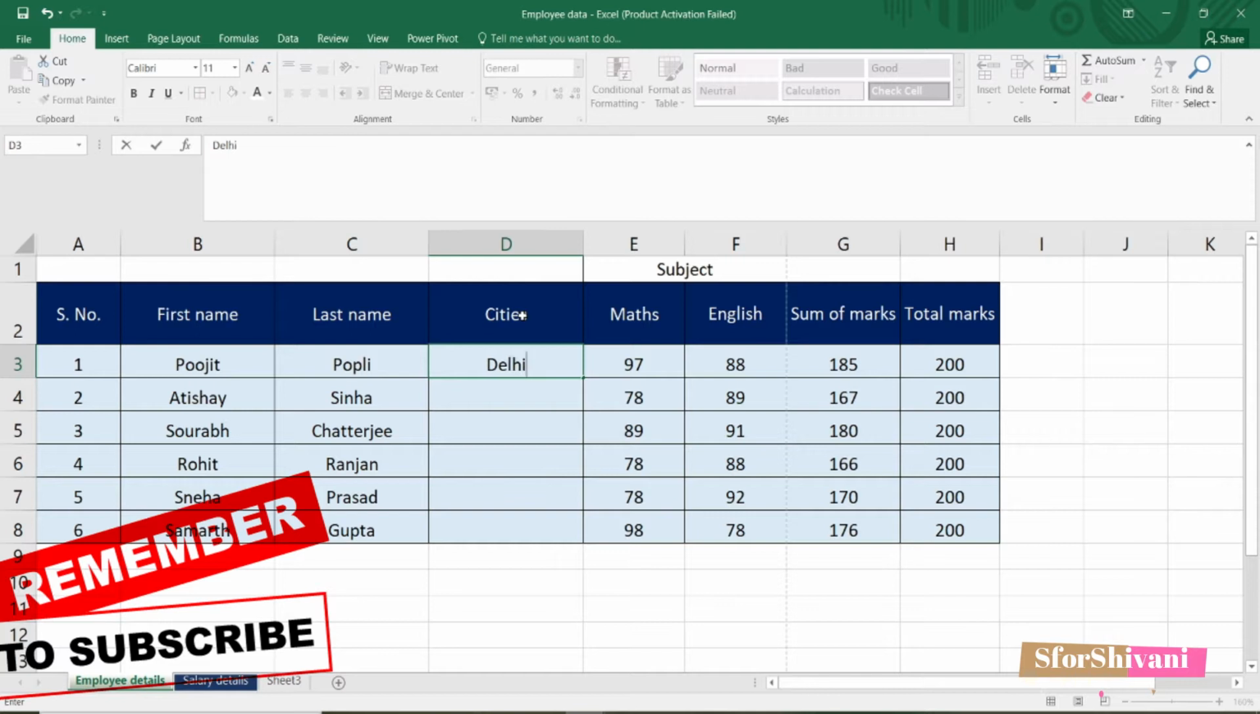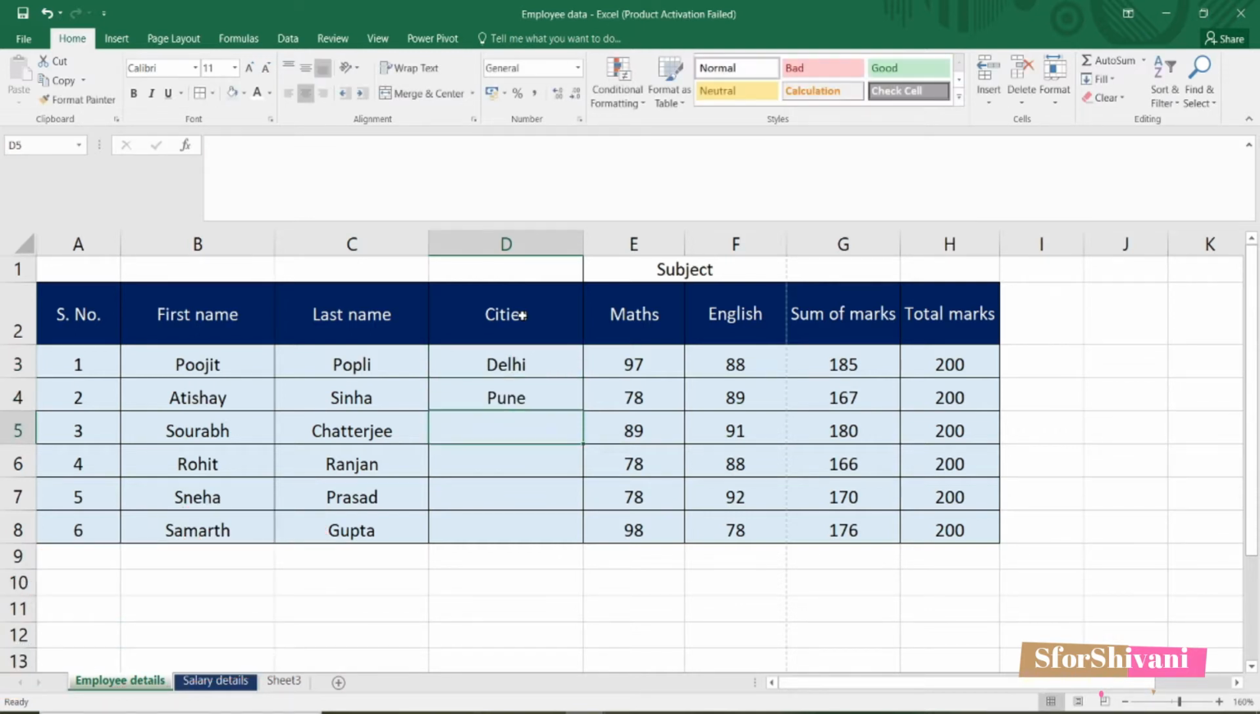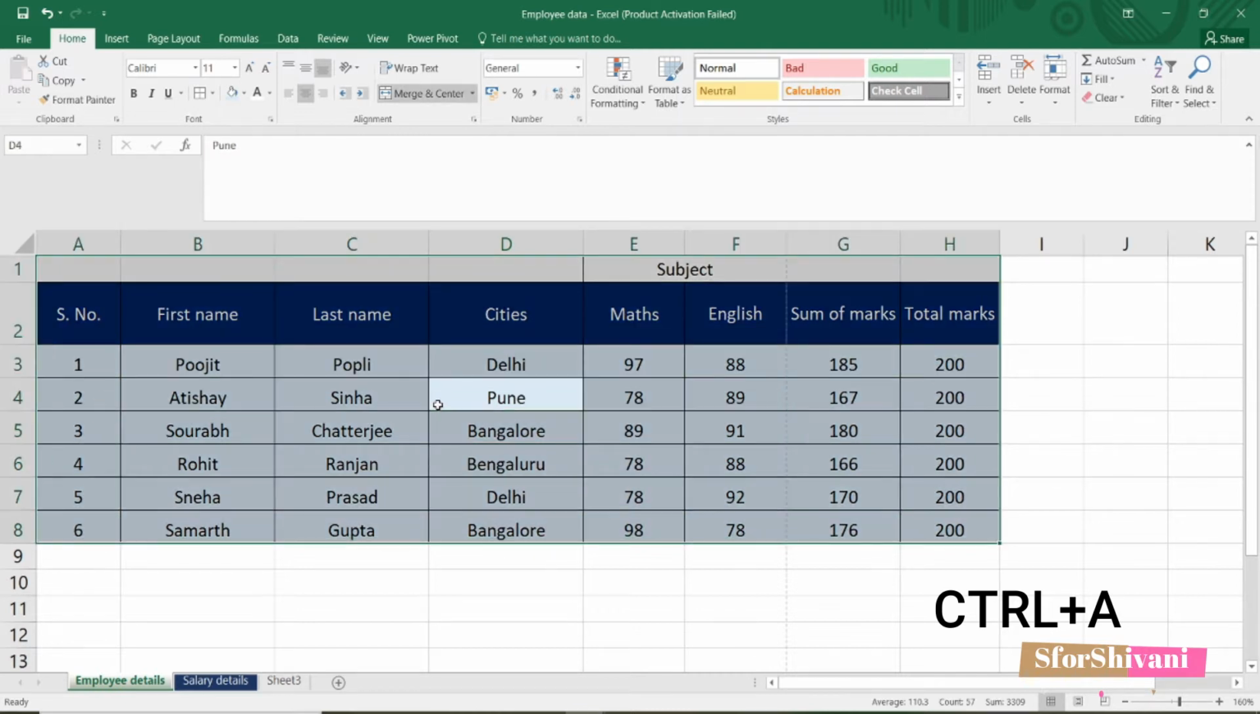Let's say Pujit belongs to Delhi, Atishay to Pune, Bangalore, Bengaluru, Delhi and Bangalore. So as you can see, the spelling is inconsistent; let's say I want to write Bengaluru only. Now instead of manually changing it, what I can do is I select the data, press Ctrl and